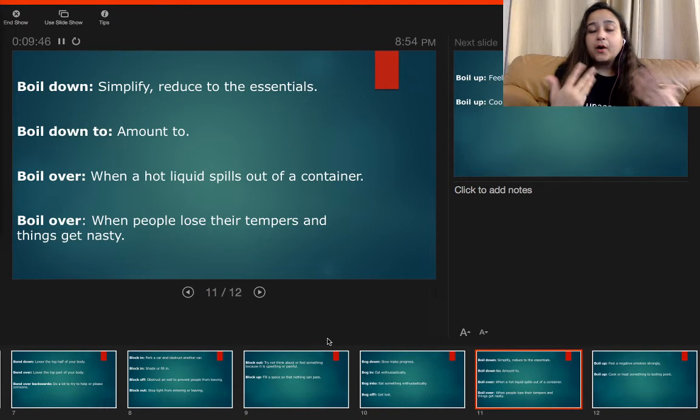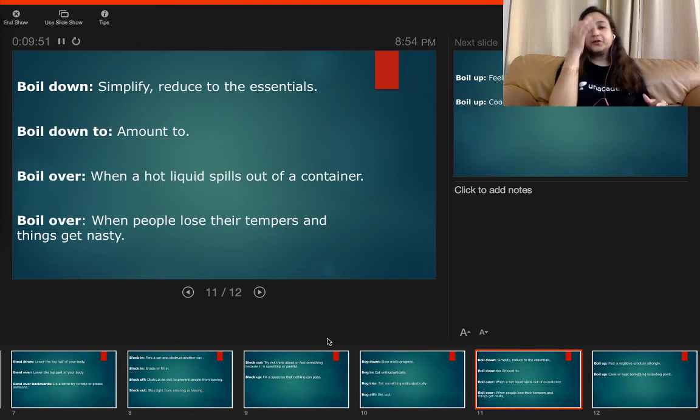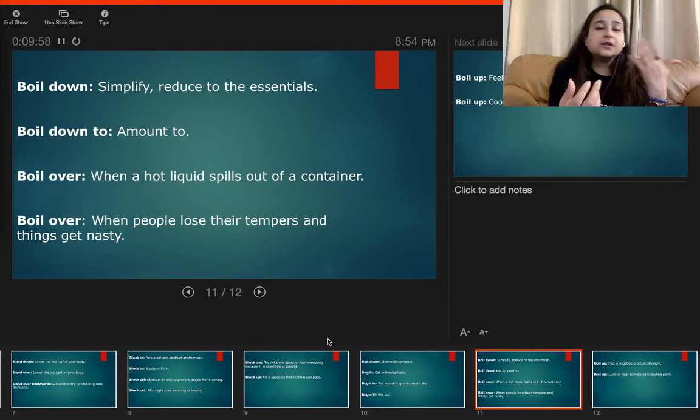Okay. Then boil over. Boil over is something that we always witness whenever you are boiling milk or making tea. If you just move away once, the milk just boils over the vessel and dirties everything, makes everything untidy. This always happens with milk. If you've been watching over it, and just as you look away, it boils over and spills.